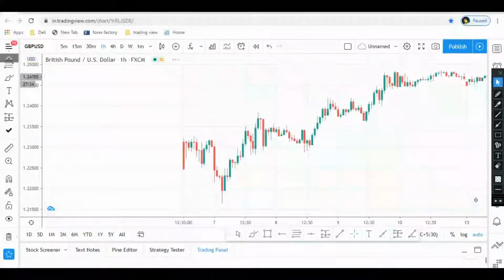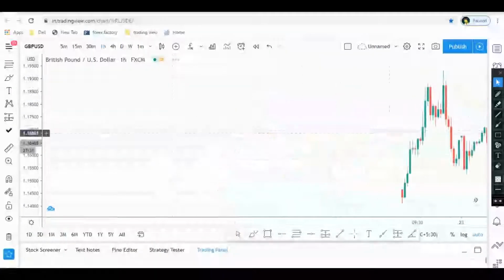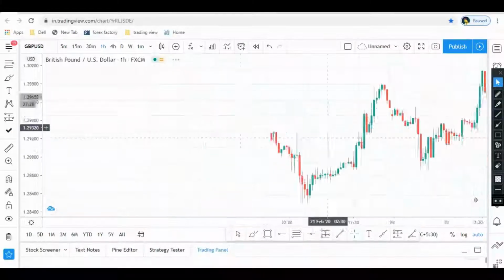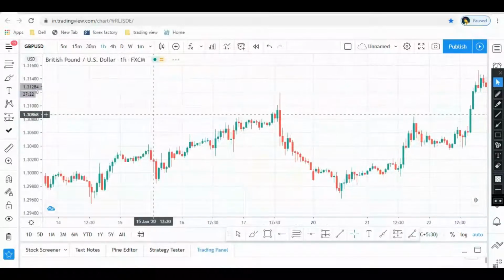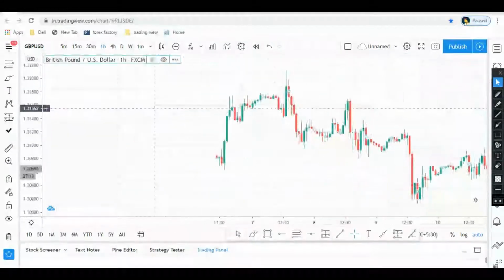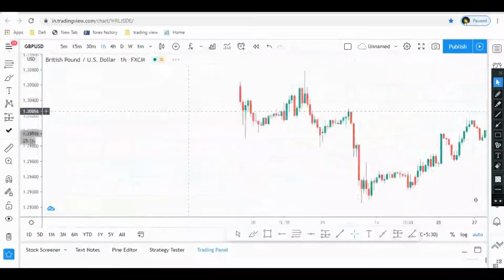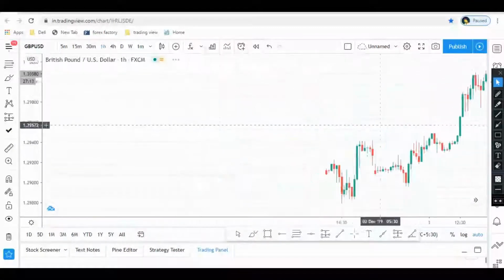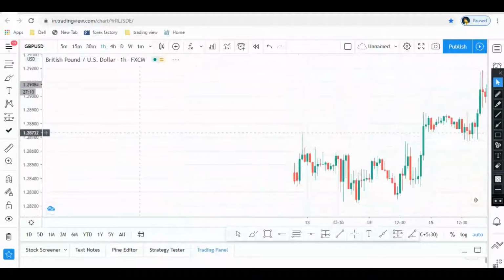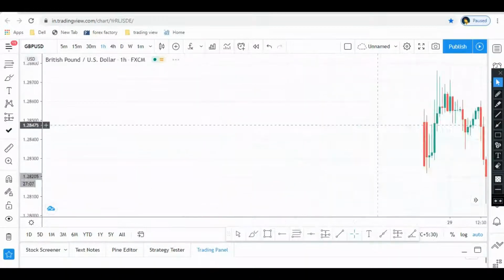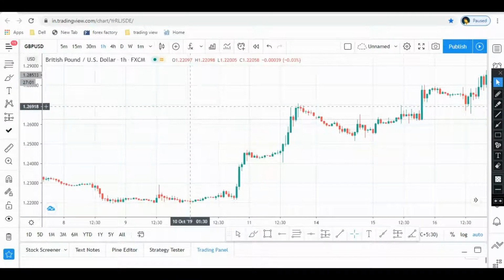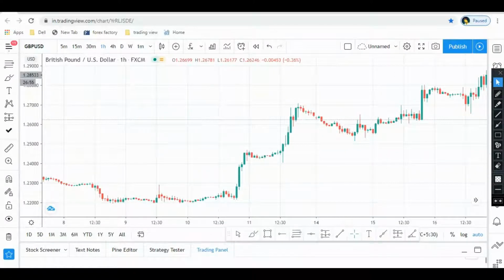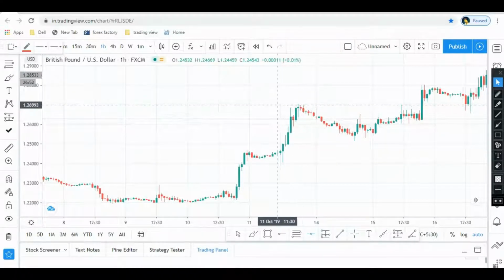I would suggest you to do back testing. Back testing will help you to identify how exactly the market is reacting. And one thing I would like to tell you, please make your rules, make your discipline, because if you do not follow your discipline rules, you will not be able to survive in this forex market. And you are never going to win every single trade. Sometimes it will make you a loss also. This is how exactly the market works.